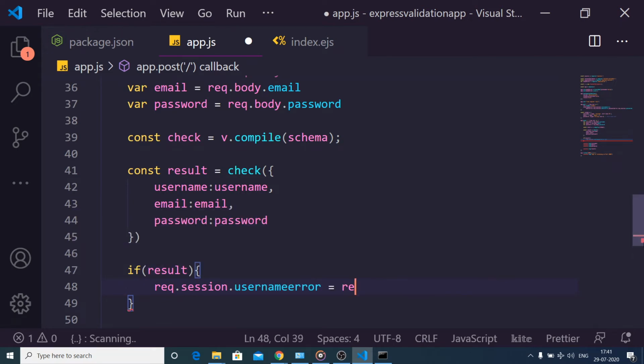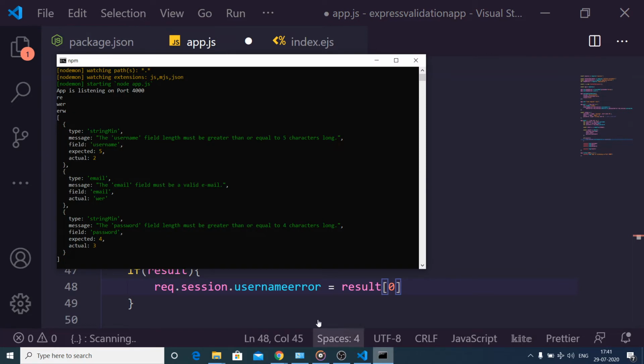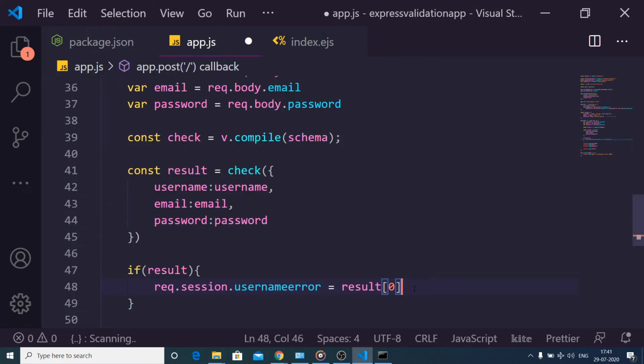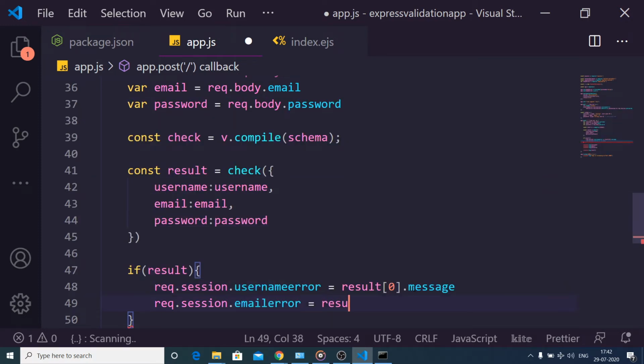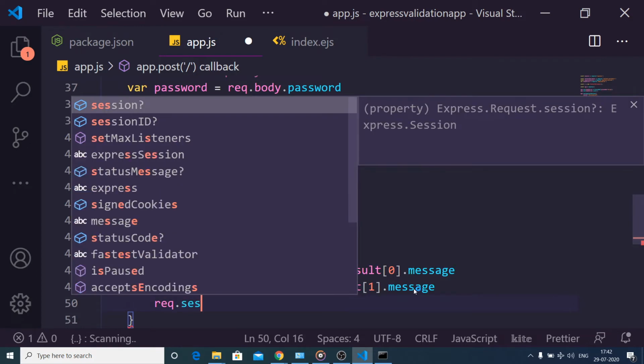This will be equal to result, and this is the first object. You can see that this is an array of objects. Inside the first object we have this message field, and we need to initialize to this. Now we can similarly do this for email error also: result 1 message, and lastly for the password as well.